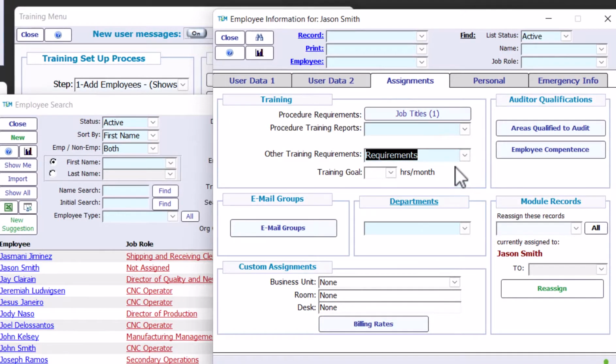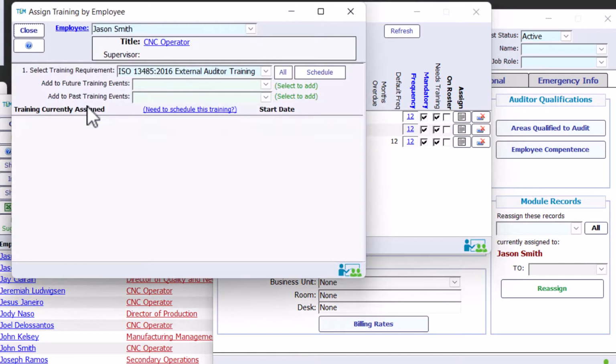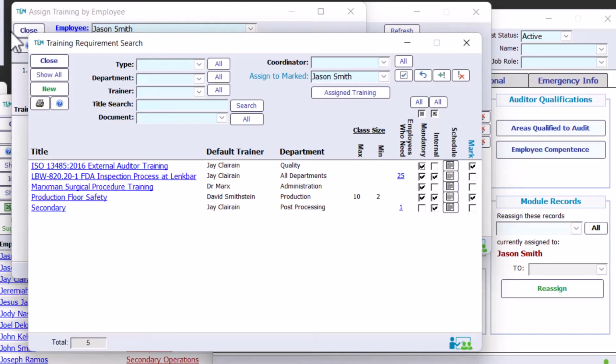And on the Assignments tab, Training Requirements for the User. So this is going to match the job description if we imported that. And then from here, the easiest way to manage assignments is to go to the schedule